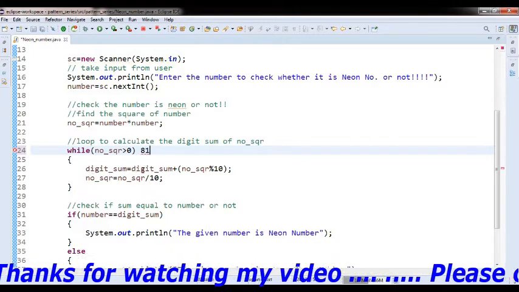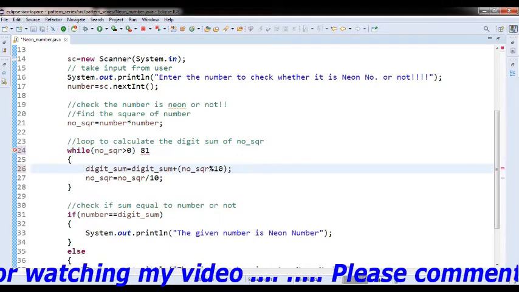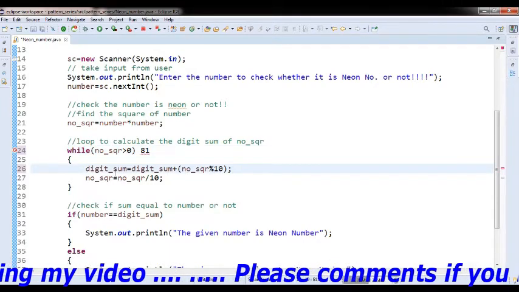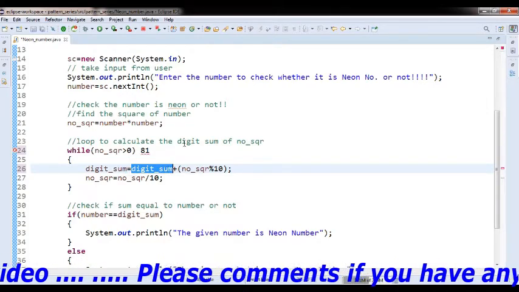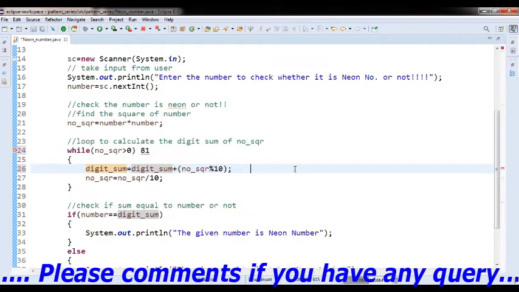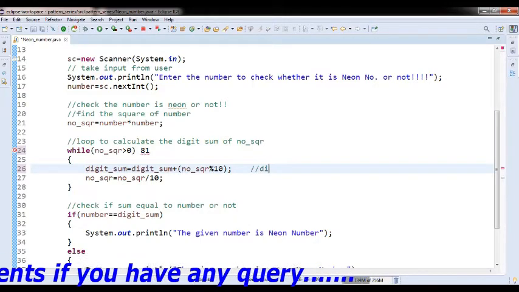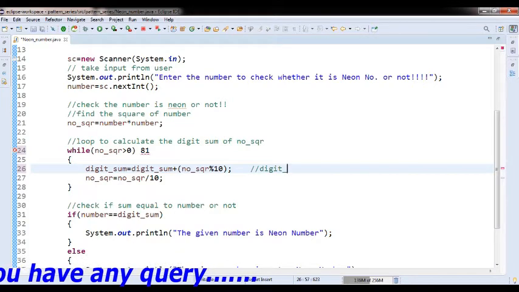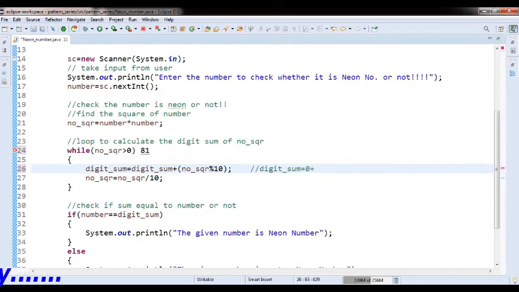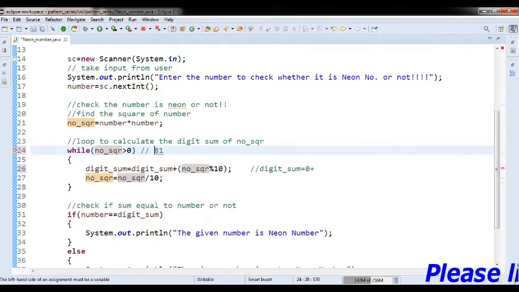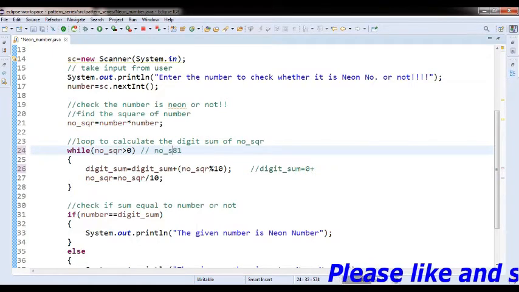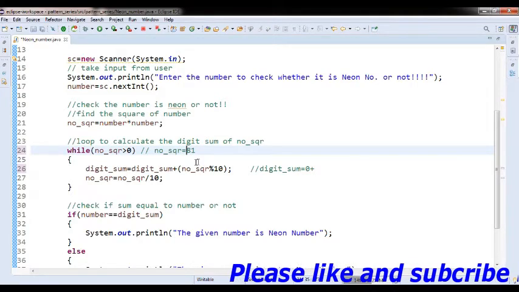Here digitSum = digitSum + numberSquare, so digitSum is replaced with 0, plus number square, which is 81.